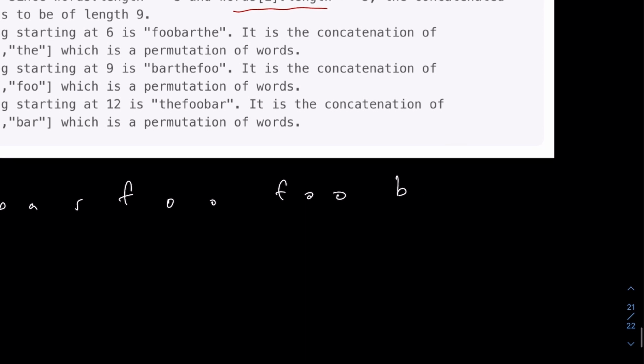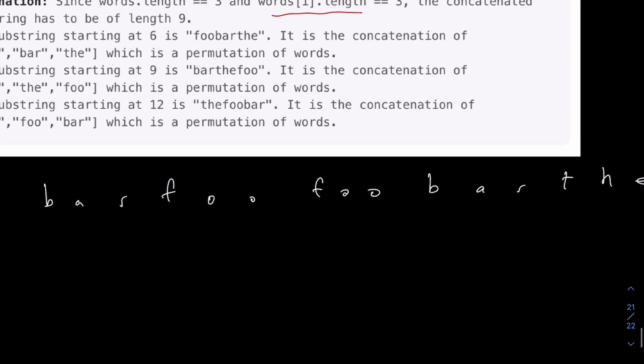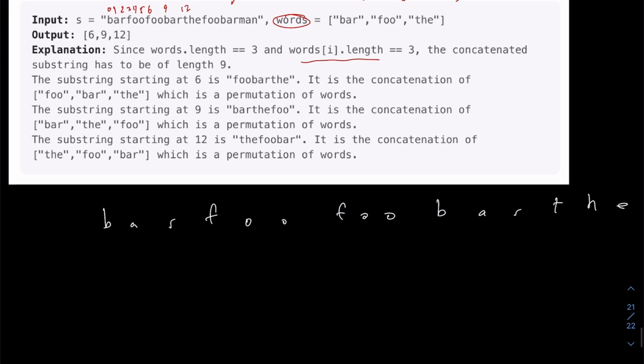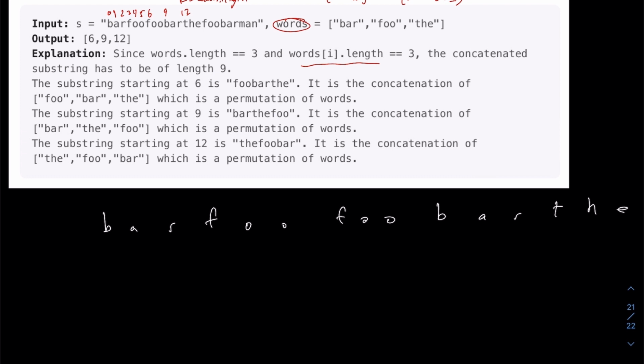So I'm going to reconstruct it slightly bigger this time. Foo, bar, the. That's enough for now. If this was the left of our sliding window and this was our right, I'm going to start them at the same index. What if we just try incrementing by 3 every single time, rather than incrementing by 1 or 2, but increment by the length of each word? Because now we can look at each 3-length segment at a time, and then we can check if this 3-length segment